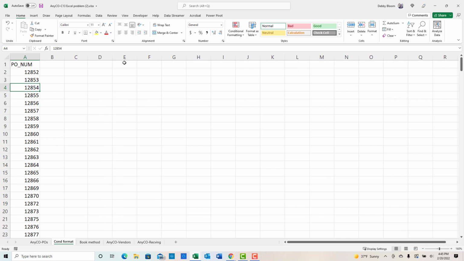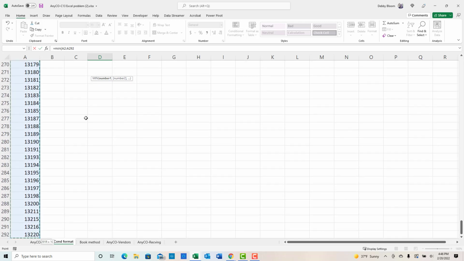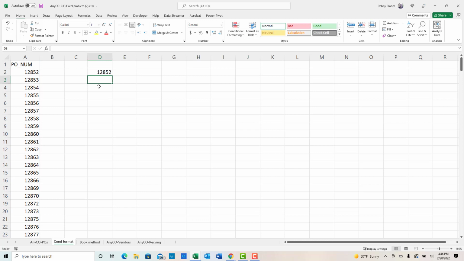So now I'm going to go off to the side, and what I'm going to do is I'm going to find the smallest PO number and the largest PO number. So obviously it's sorted. I know that 12852 is the smallest, and I would know that 13220 is the largest, but there are actually formulas that will do this for me. So I'm going to type first equals min, open the parentheses, click on cell A2, and now here's a nice little shortcut for a long list. If I hold down the Control key, I think this only works on a PC, but if I hold down Control, Shift, and then my down arrow on my cursor key, it will actually select the entire list. So now all I have to do is close the parentheses, hit Enter,